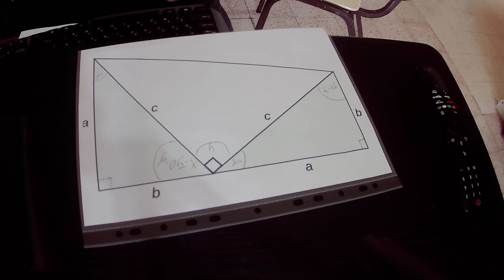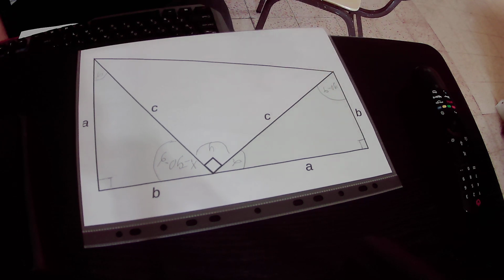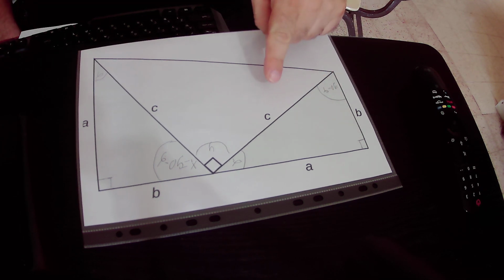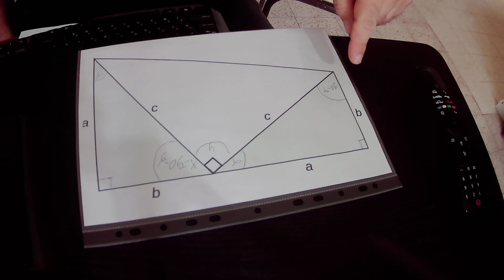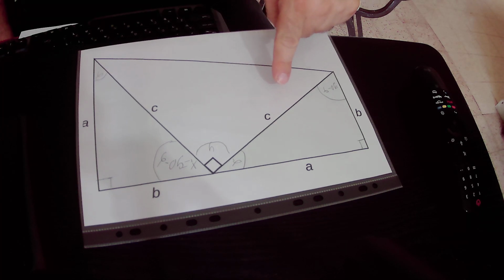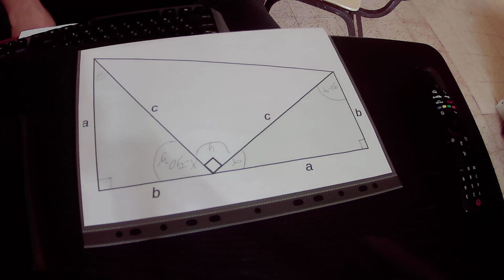So actually, if we look at this triangle, then we can say that the square of the hypotenuse, c squared, is equal to the sum of the squares of the perpendiculars, that is a squared plus b squared, or c squared is equal to a squared plus b squared. Okay,